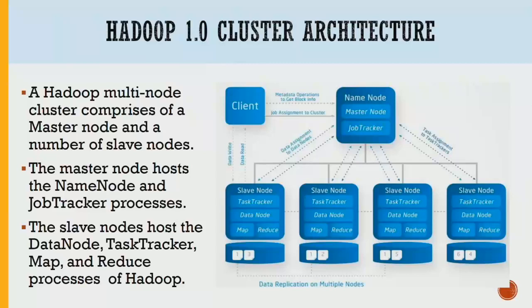So why do you think they would be doing that? Why are they replicating data 3 times? What could be the reason for that? Why not just have 1 copy of the data? Why are they making 3 copies of the data on the Hadoop cluster?